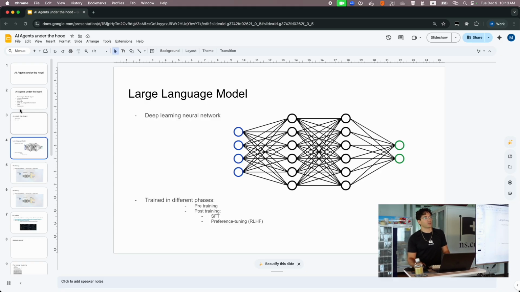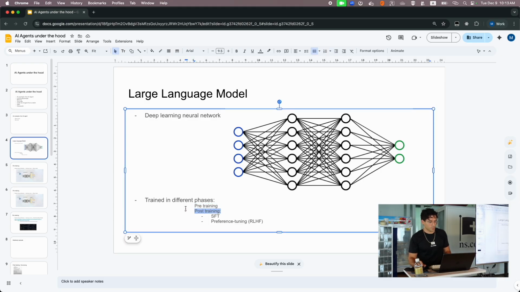So, a large language model, the idea is that it's a deep learning neural network, and it's trained on a massive quantity of text. And it's trained in different phases. There's the pre-training phase, and there's the post-training phase. In the pre-training phase, at first,